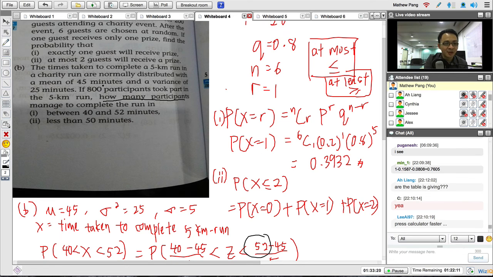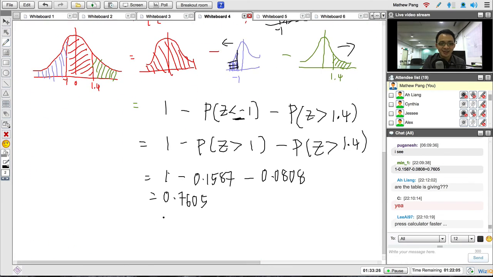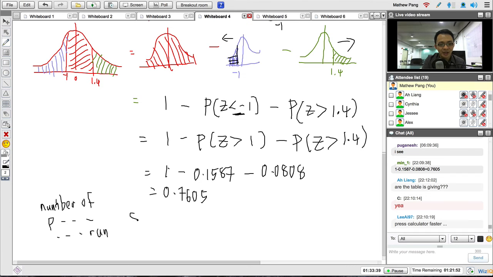So what we do is, the question gives us 800 participants, so we multiply by 800. I'm going to say number of participants, just copy the number of participants that will complete the run. Then it equals 800